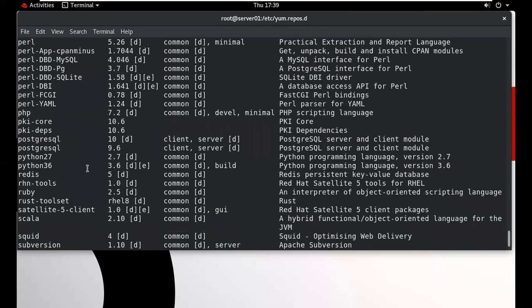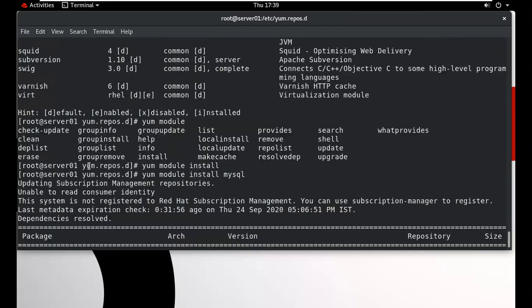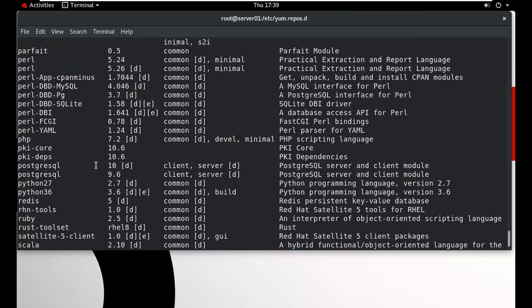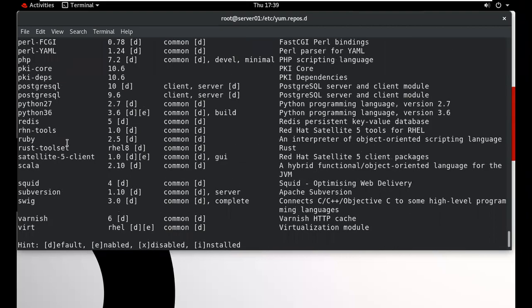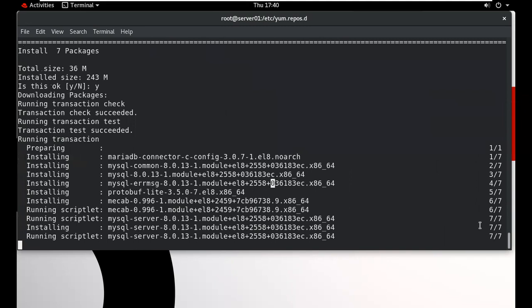Suppose we want to install any other package also, I will show you. We want to install Python, a version of Python. This is the programming language. We want to install this particular package. It will take some time, so I will wait.